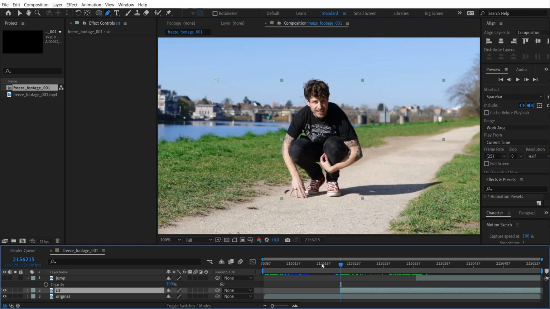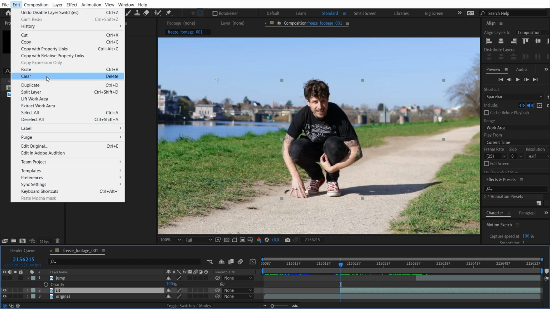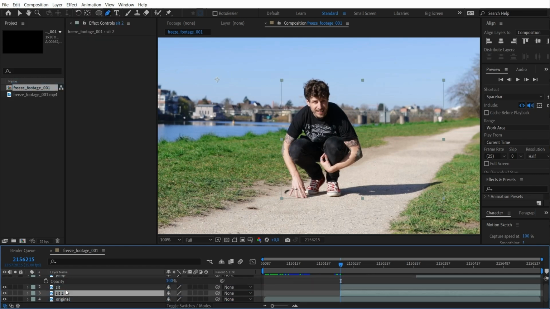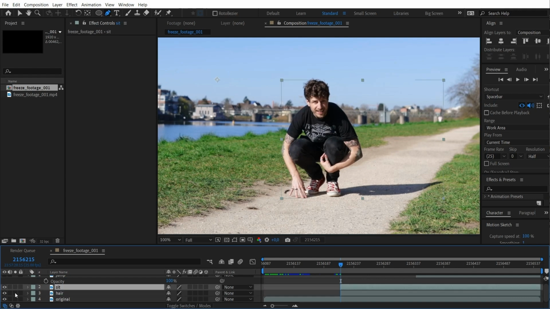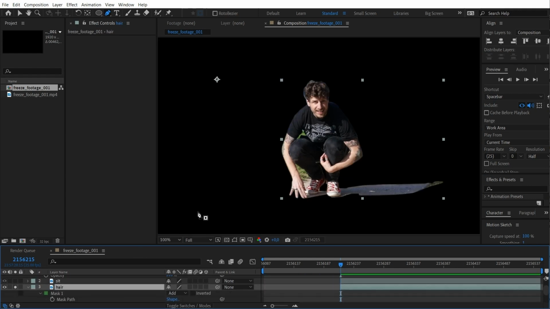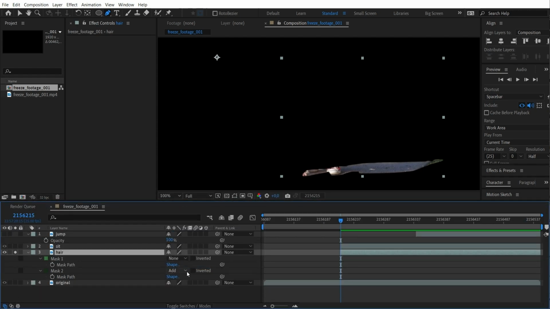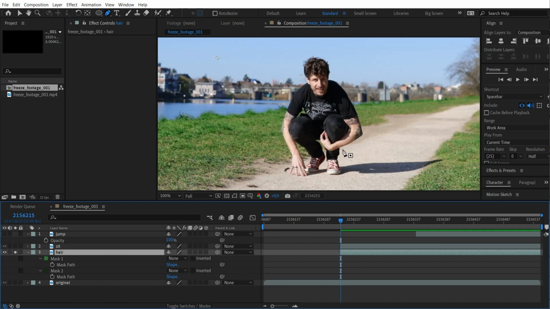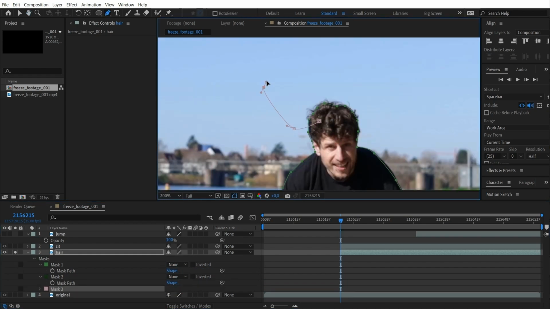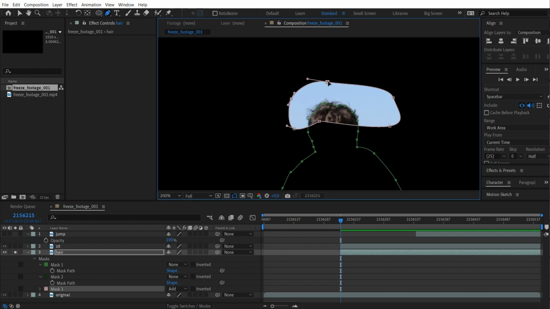Okay, so let's duplicate it by hitting edit, duplicate, bring it beneath the original layer and call this hair. And we can solo this. For the masks I could simply remove them, but maybe I'm going to use them later on, so let's just bring them to none. So they do nothing, and now I'm simply drawing another mask around the hair part, because